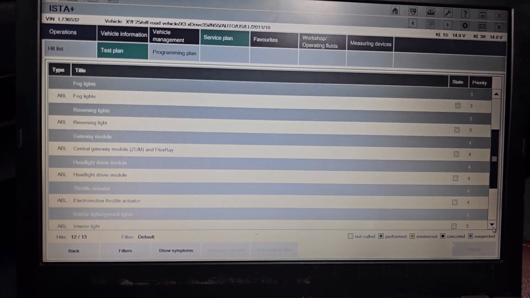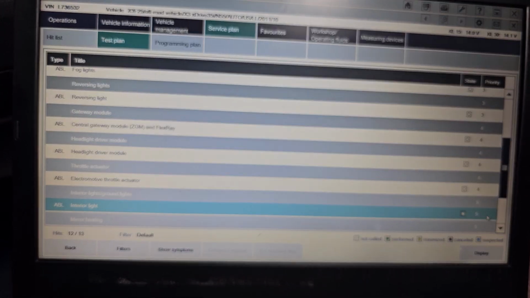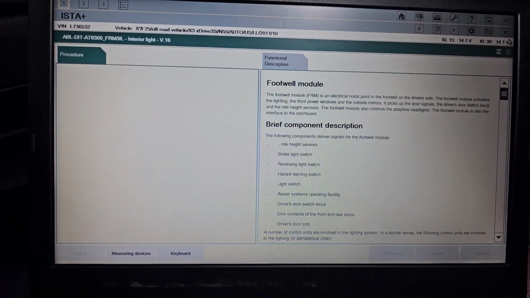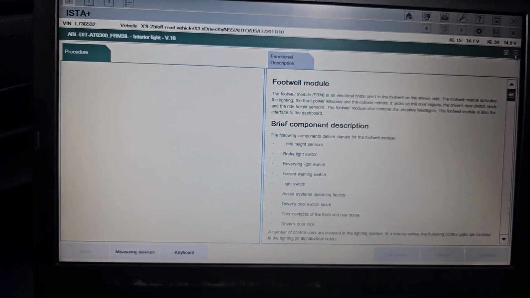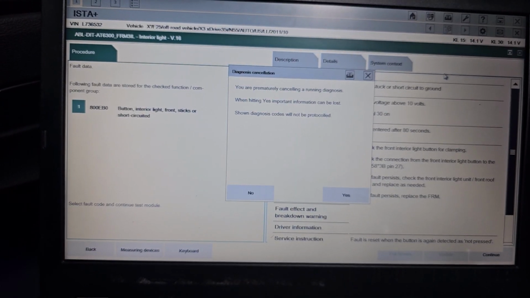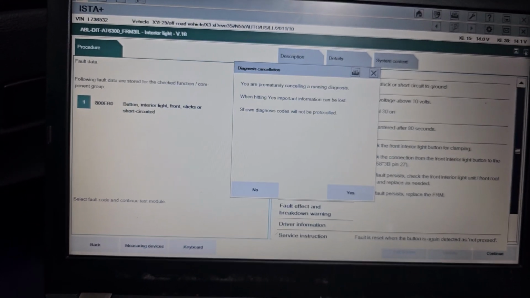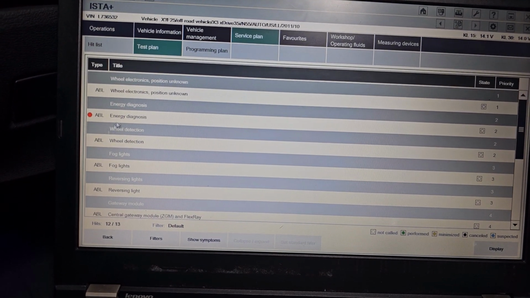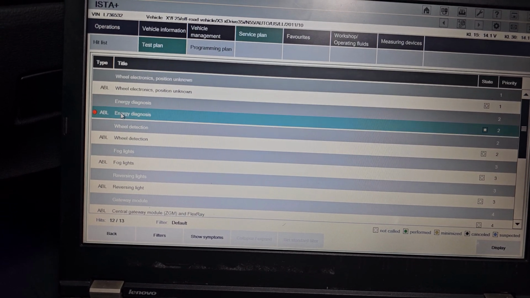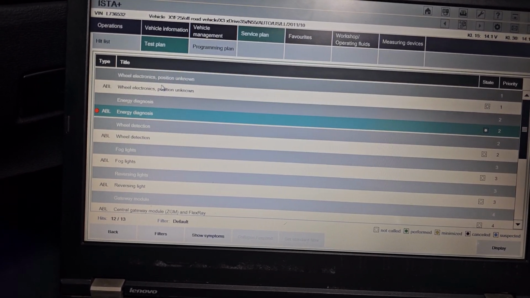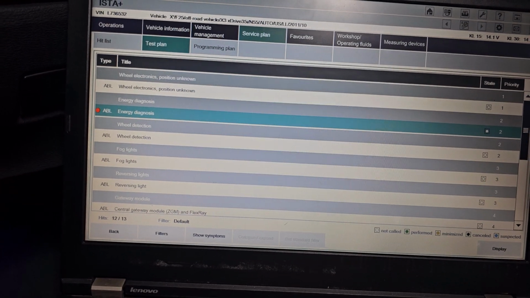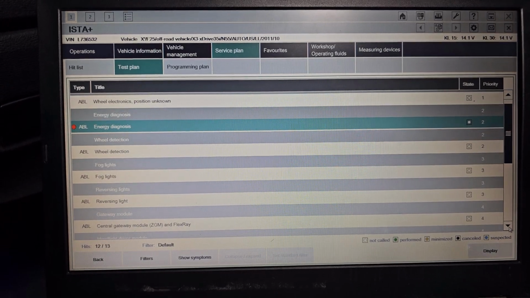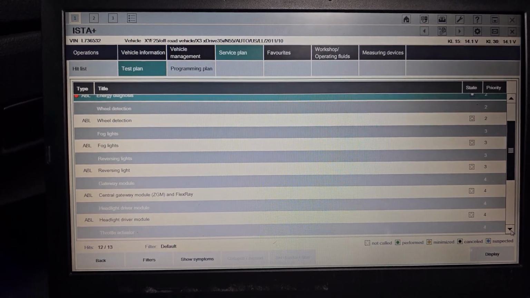Headlight, electronic throttle actuator. Are you sure? No, I clicked something that I'm not supposed to click. I don't want to do anything. 412 module. Yeah, I don't need this one here. Yes. Okay. Energy diagnose, I don't know. Wheel detection. All this is not my problem. Let me see what is available there. Central gateway, footwell module,